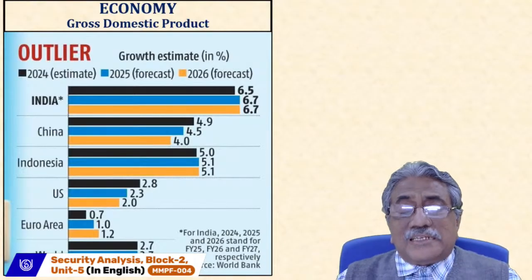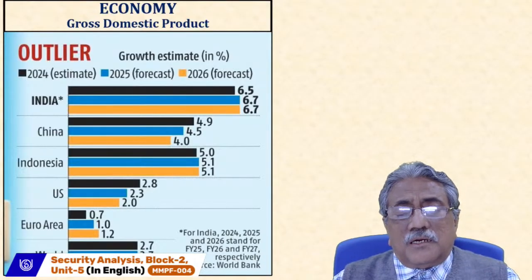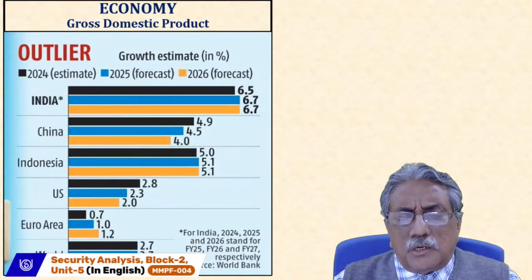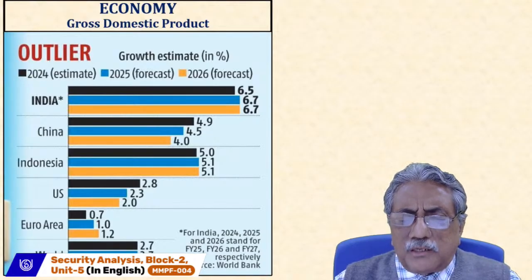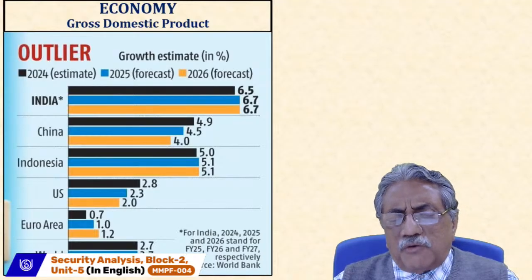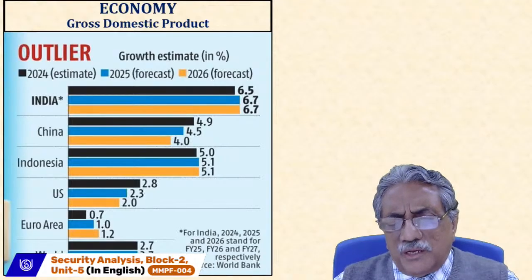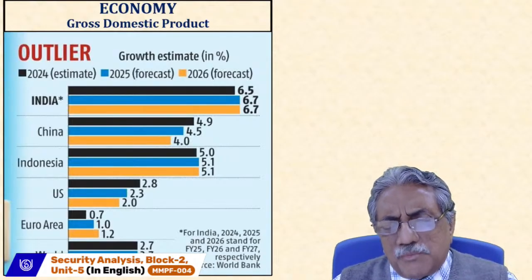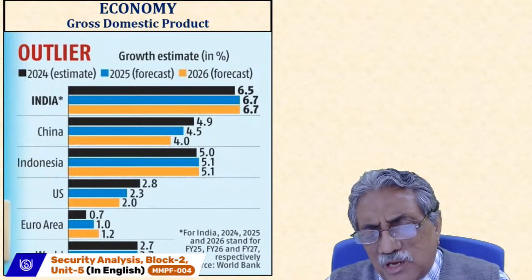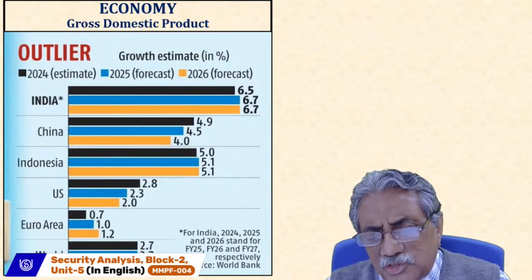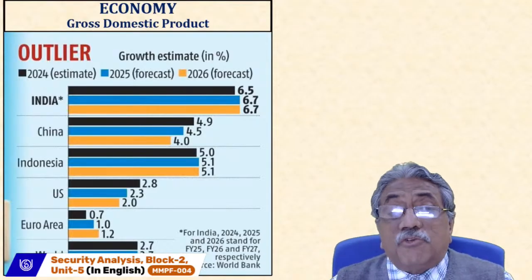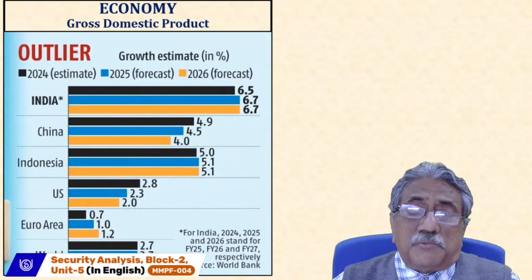And if we can maintain this growth, then there will be economic growth in the sense that more people will be employed. If more people are employed, there will be demand for goods. If there is demand for goods, more factories will come. More factories coming means more employees will be required. If more employees are required, they will earn salary, so they will also demand goods. So there will be demand for goods if the GDP keeps growing.